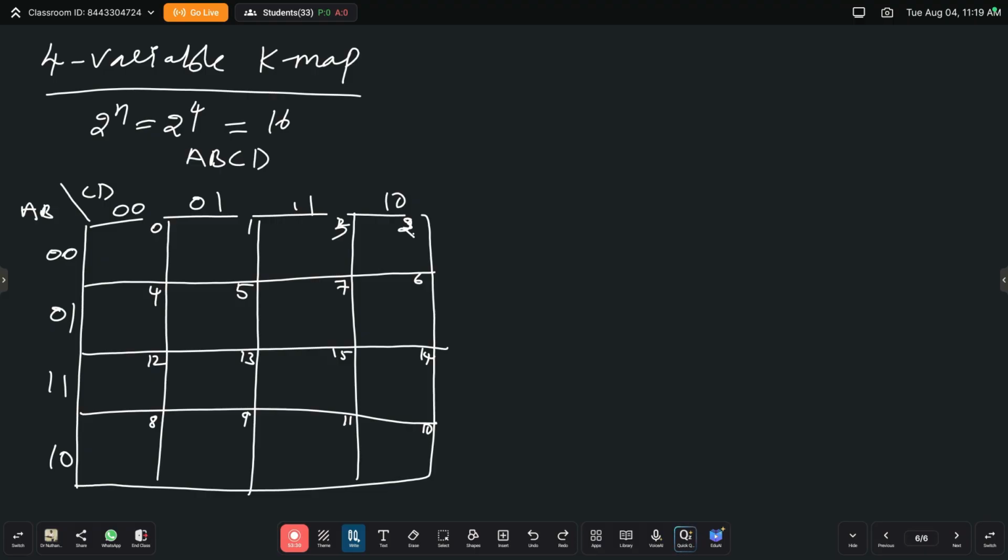For example, ABCD equals 1 0 1 1. Input is like this. Then what is the active cell? 1 0 1 1. This is that. Use your brain. Here, an equal number of cells are there inside. Got it? So, next, rules for